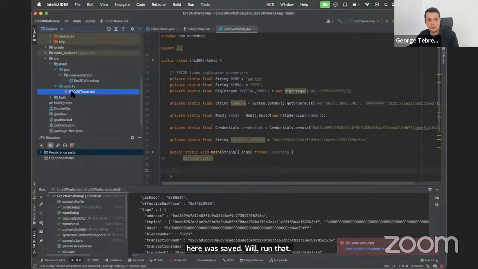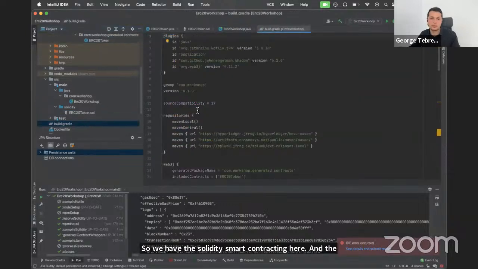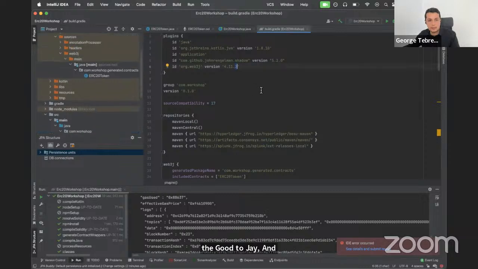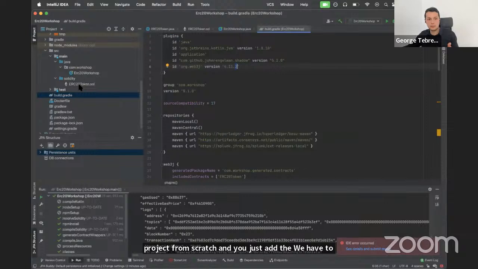So we have the Solidity smart contract in here. And the way that this project was mainly generated is by using the Web3j Gradle plugin. For example, if you create a project from scratch and you just add the Web3j Gradle plugin and would like also to add a Solidity smart contract and generate a wrapper for it using only this project,